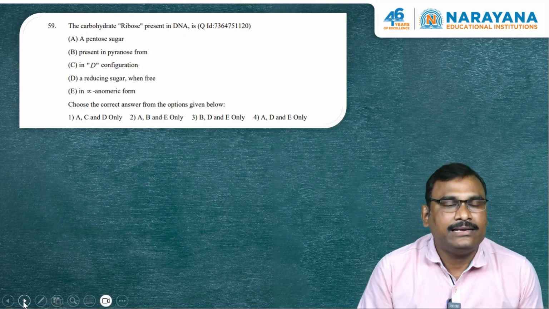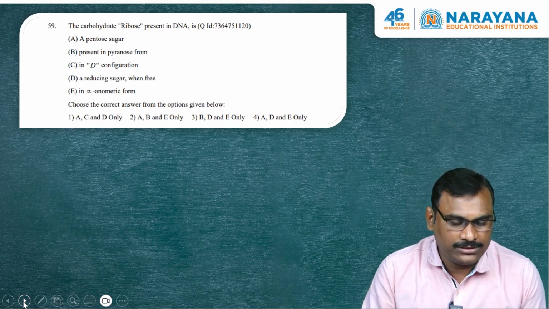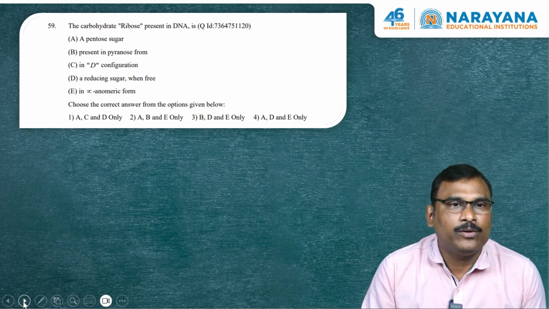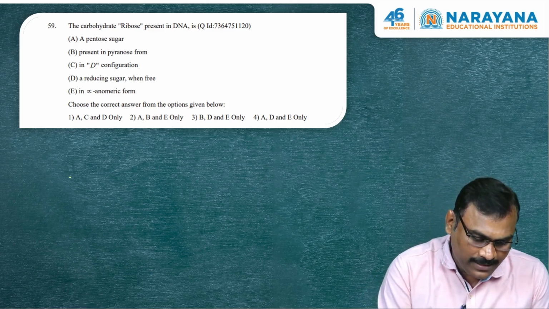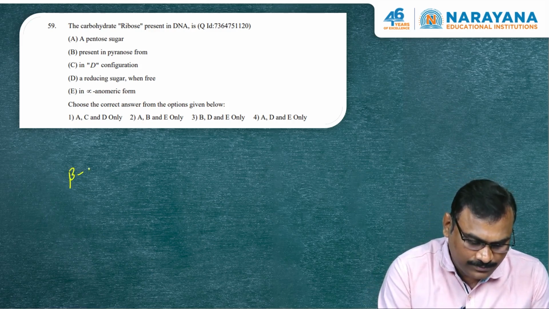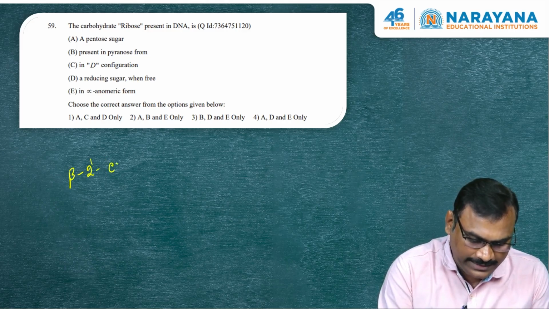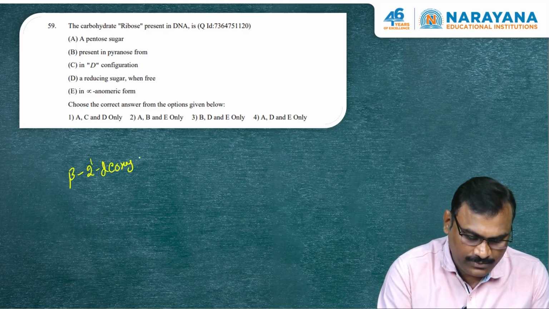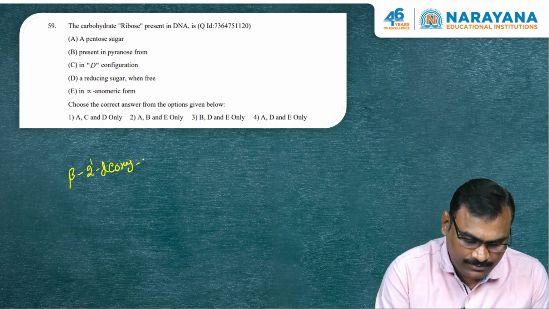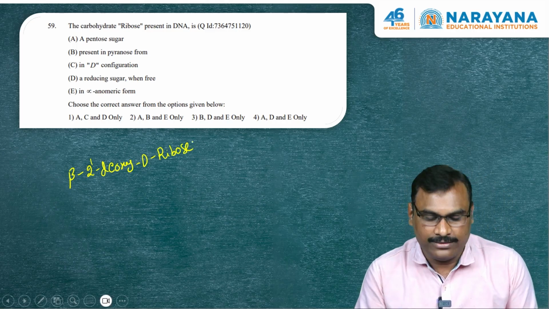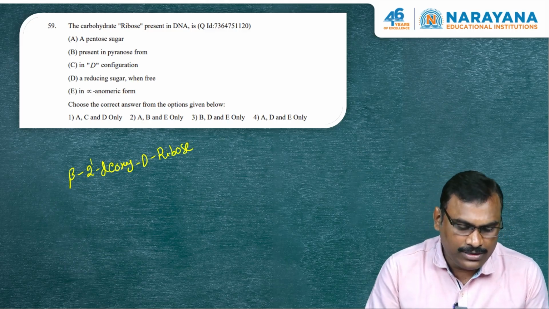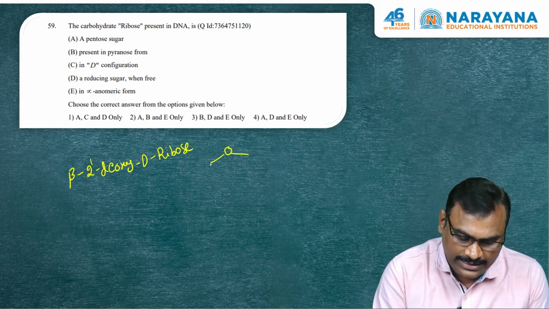Again the question is from biomolecules. The carbohydrate ribose present in DNA is, actually in DNA the ribose present is beta 2-deoxy D-ribose. It is the ribose present in the DNA generally. So, actually the structure of the compound is,